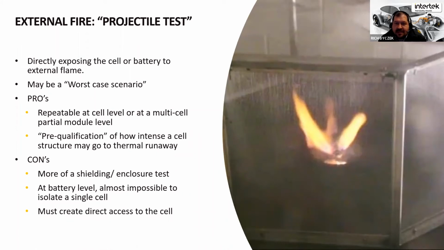Nice thing is with a fire, depending on how large the fire is, depending on how we apply it to the battery pack or the cell, it's somewhat repeatable. It may be less repeatable at the full battery, depending on the size and shape of your battery installation. Can you set up a fire test setup such that you get that repeatability? With a very small cell like I show here with a single burner underneath it, it's very easy to hit that cell in roughly the same spot and fully engulf the cell in fire for every test. Large battery pack, not so easy.